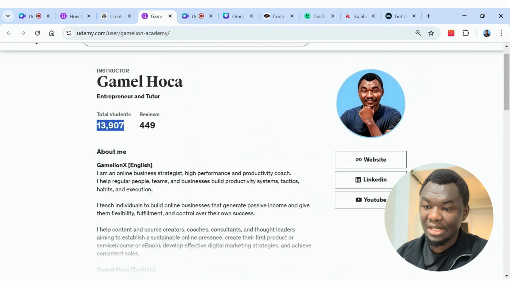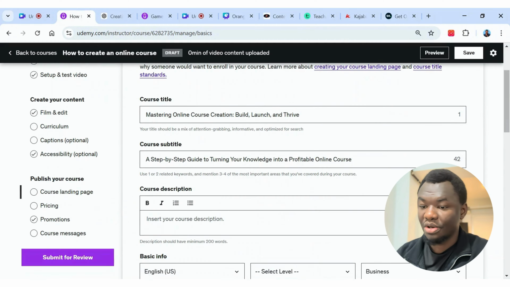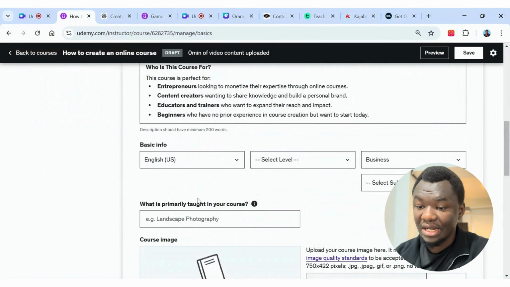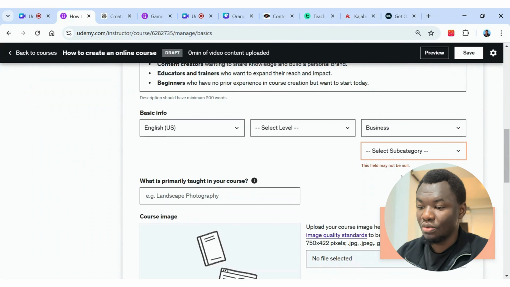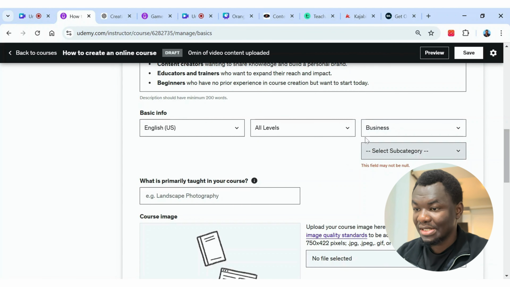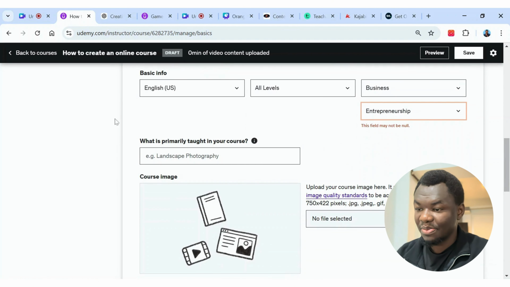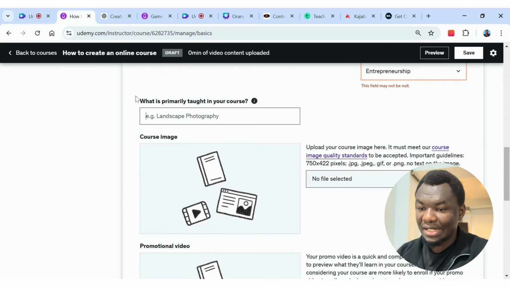So we've created this, and then I can add that to the course description, and let's see if that is enough for us to get it published, because sometimes the course description could be short, and Udemy will like you to make some adjustment. Okay, so now we're going to select what is the level. It's for all levels. What is this business? We're going to select the subcategory. We can put this under, let's say, other businesses. So we can put this under entrepreneurship especially, and we're going to select maybe who is this primary course for,